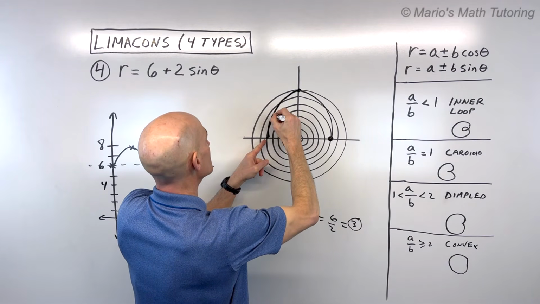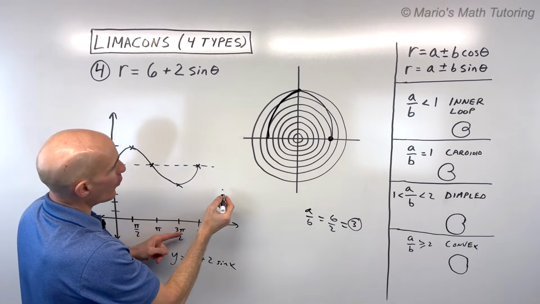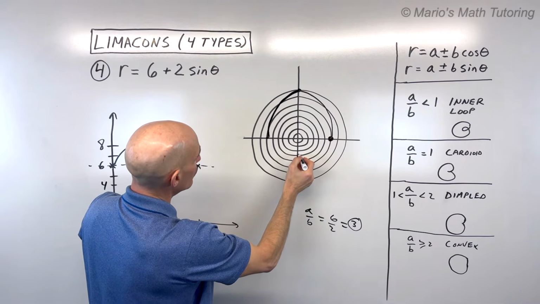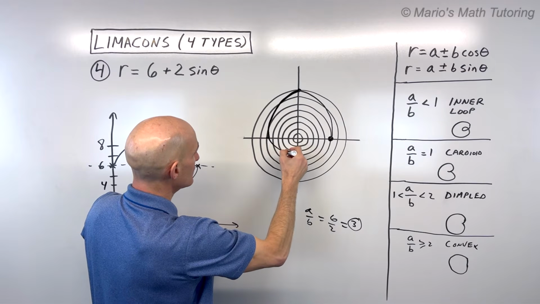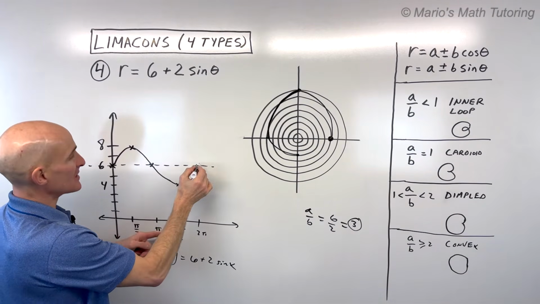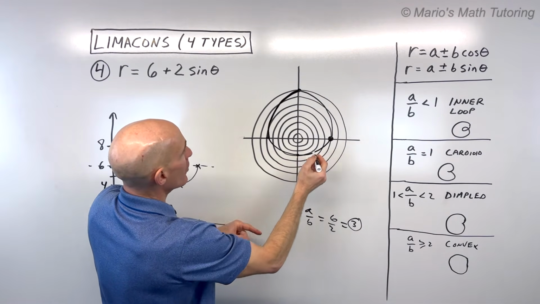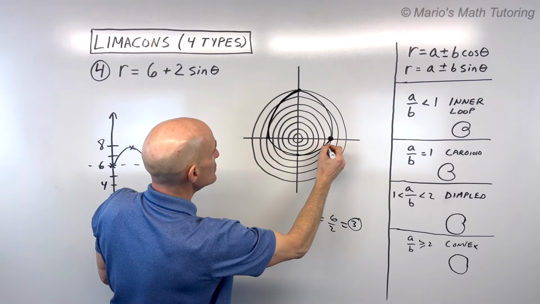Okay, roughly like that. And then at 3 pi over 2, we're at 4. 1, 2, 3, 4, right about here. And then at 2 pi, we're back to 6. So I'll try to darken this a little bit here for you, but what you can notice is that, see